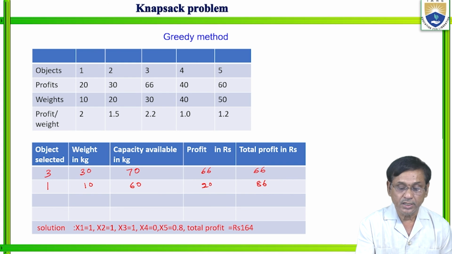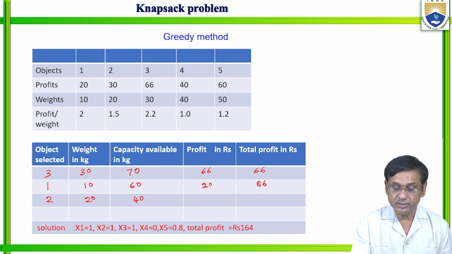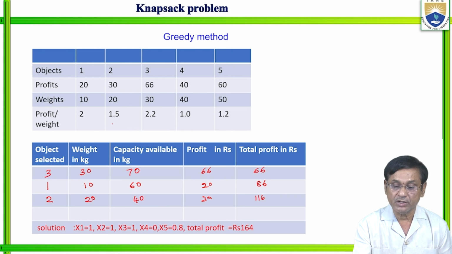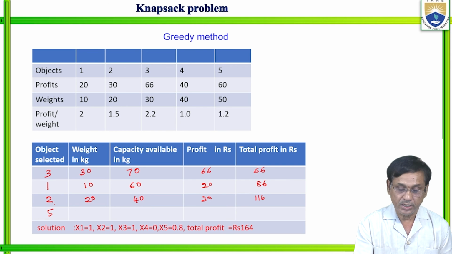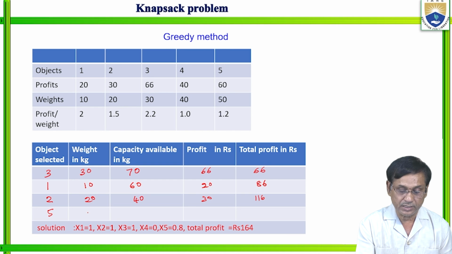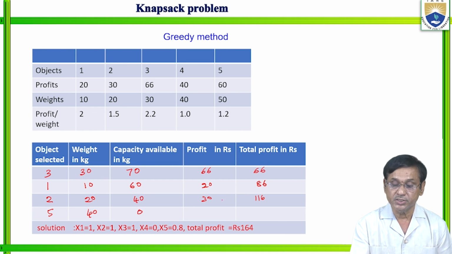Next, coming to the ratio 1.5, that is corresponding to the second job. The weight is 20, this is 40 only. Then the profit corresponding to this second job is 30, that is 116. Then after 1.5 comes 1.2, that is the fifth job, and weight is 50 kg, but we cannot go for that. That is only 40, so that this becomes 0, and